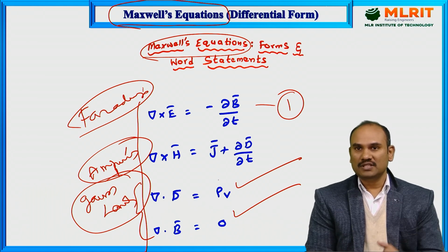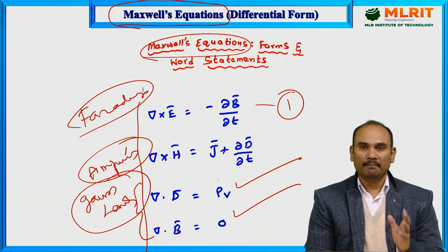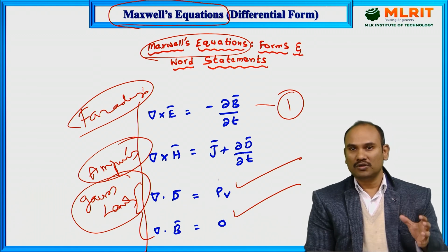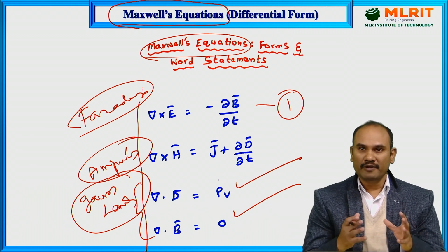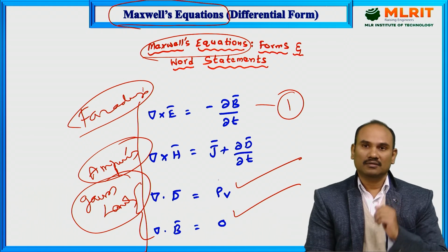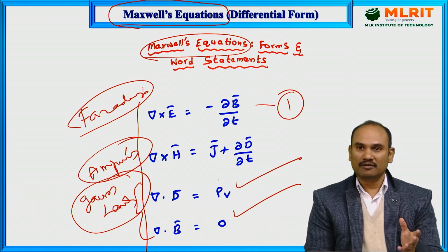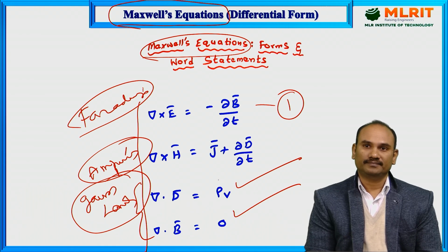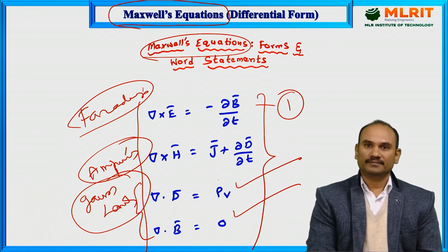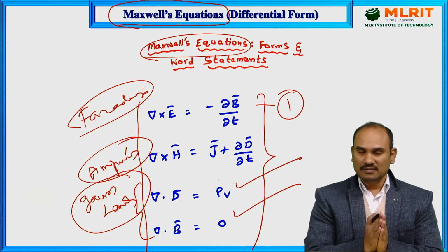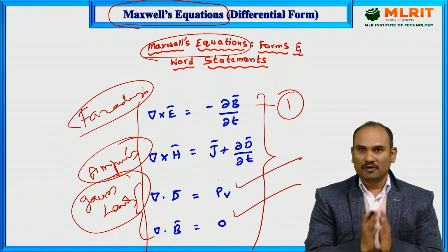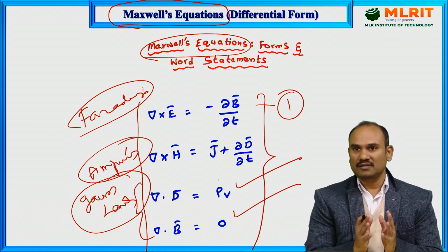And what are Maxwell's equations? The set of 4 equations which form the backbone for modern wireless communication. There is no wireless communication without electromagnetic theory, and there is no electromagnetic theory without Maxwell's equations. They form the backbone. What does Maxwell's equations say? Maxwell's equations say that it is possible to transmit information wirelessly,